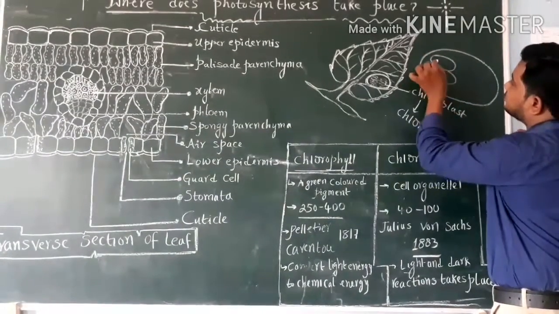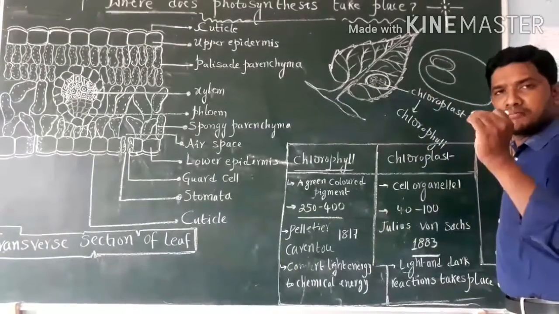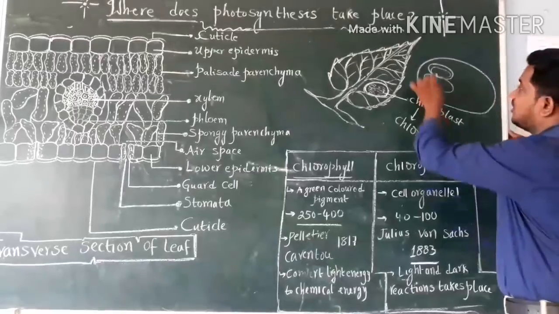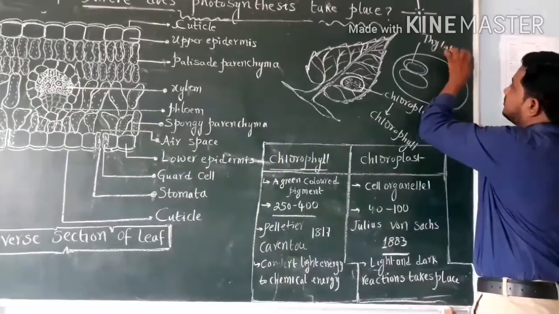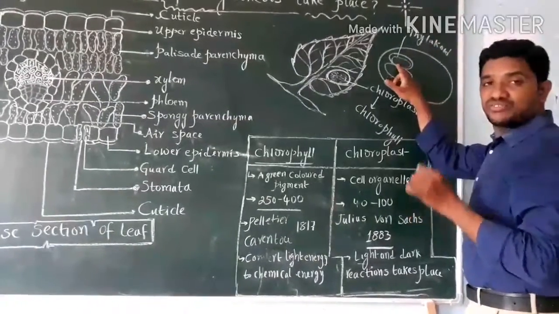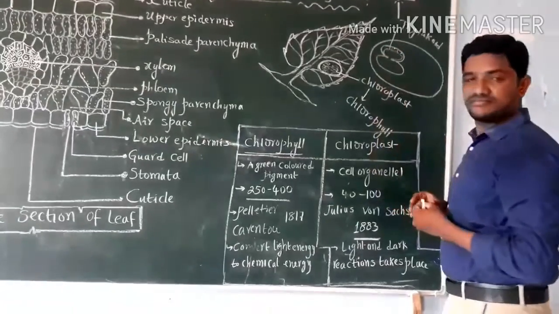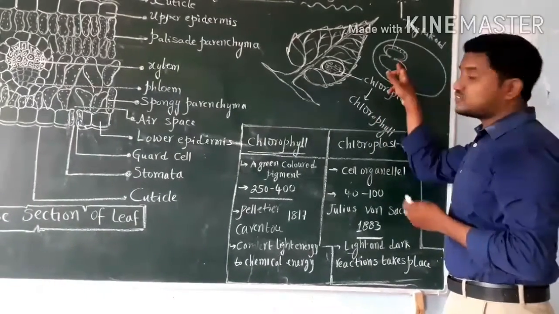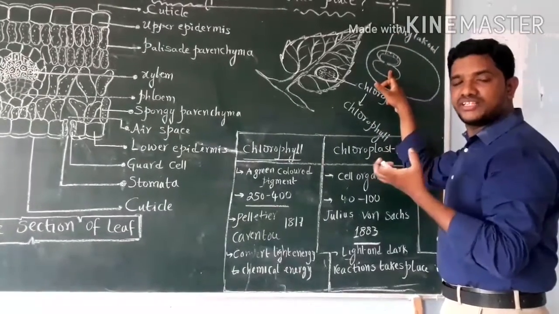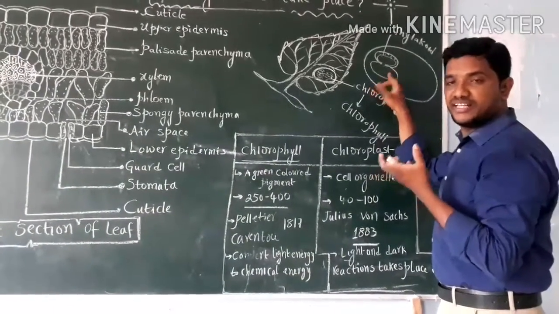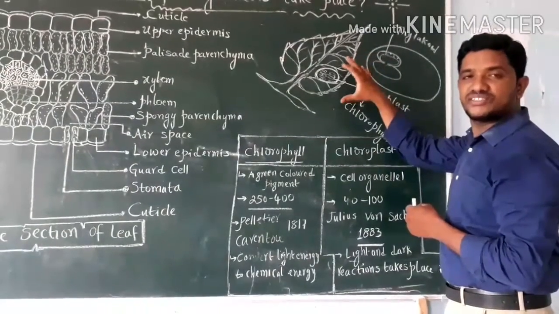the membranes of thylakoids. This single membranous sac-like structure is called a thylakoid. On the membrane of the thylakoid of the granum, it contains chlorophyll pigments. These chlorophyll pigments capture the sunlight, which helps in preparing the food materials in the leaves. This is the exact location where photosynthesis takes place.